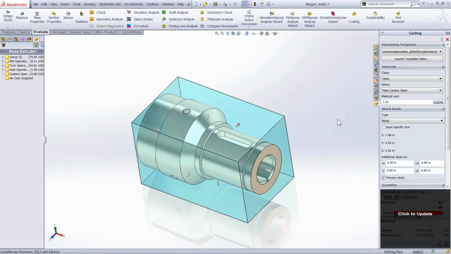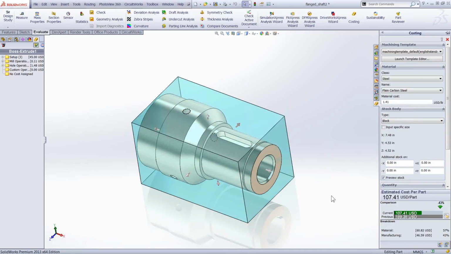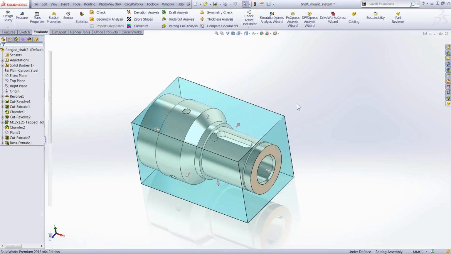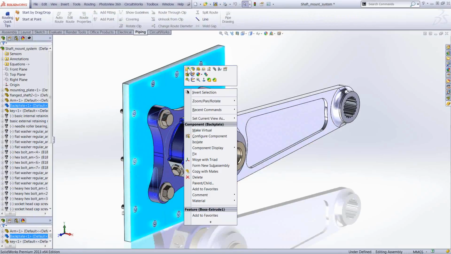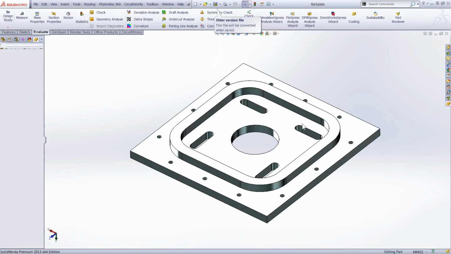If I start with a block, the operations and setup costs are a little bit less. Now if I look at a different machining operation like the plate on that assembly, what we see is the same kind of operation with the block